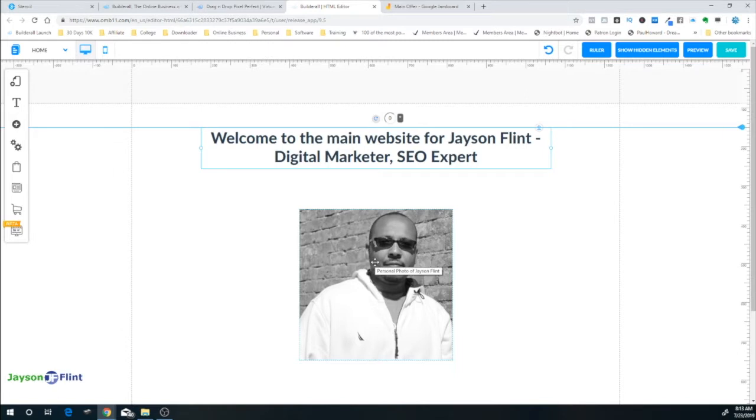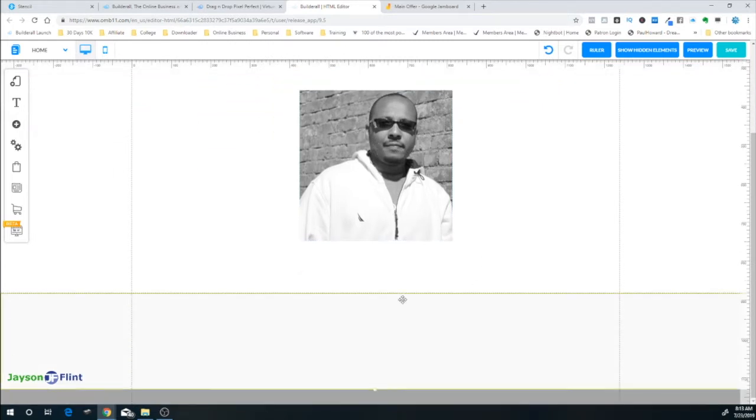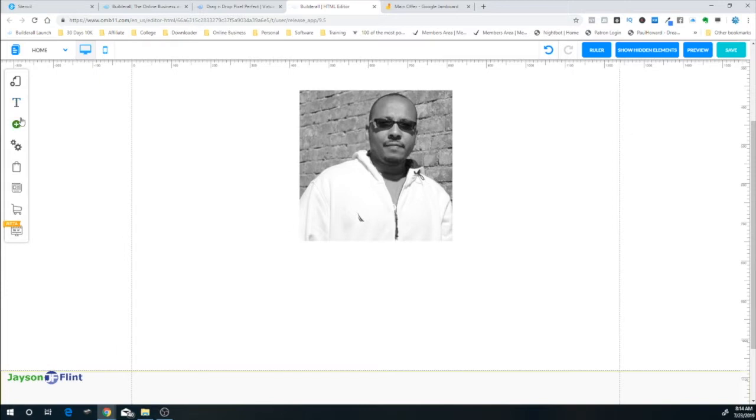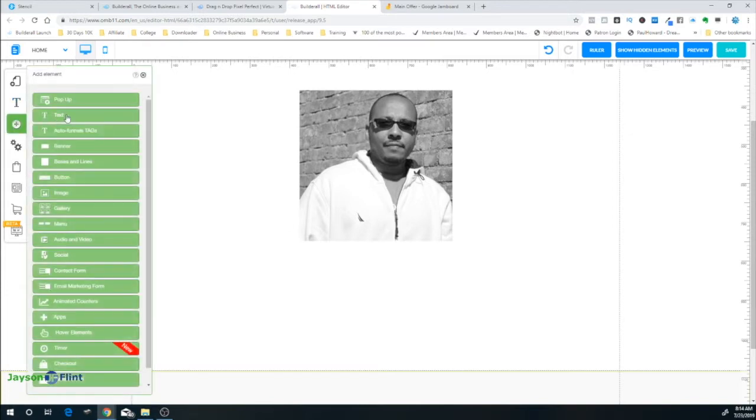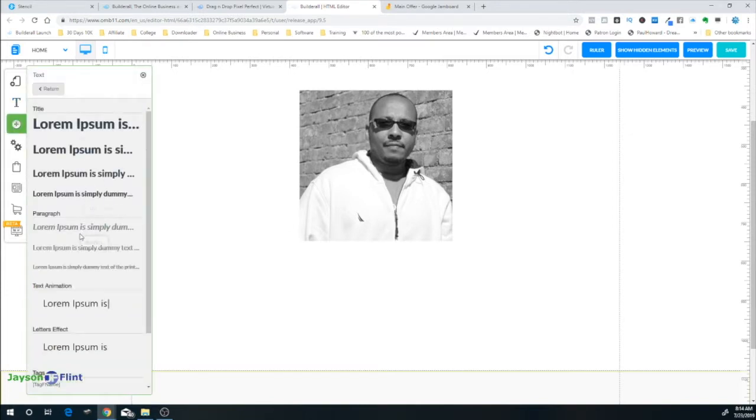So we have an image and we have our text. Now, obviously, I can do more down here. I could choose the elements button, text, and then choose the paragraph. This paragraph has some kind of effect on it. I don't want to use that effect, but that's what's in here right now. So just to kind of show you,